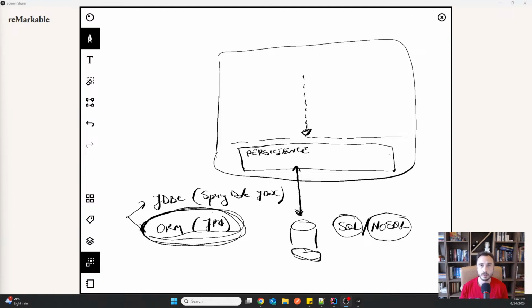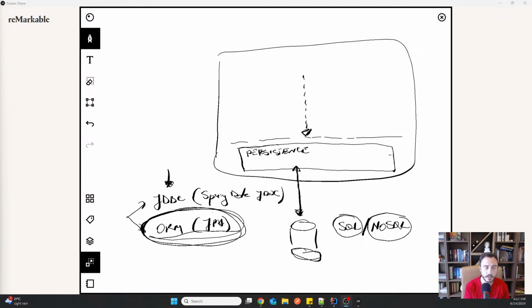And I will even tell you that I see a large number of applications that would actually benefit from using JDBC. And today we discuss the differences between JDBC and ORM, and let's, for the sake of the discussion,